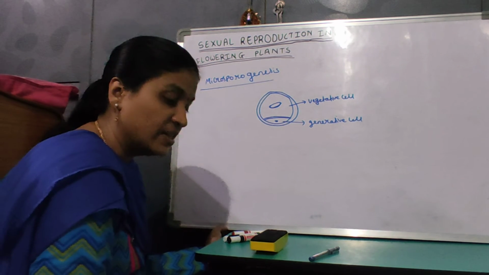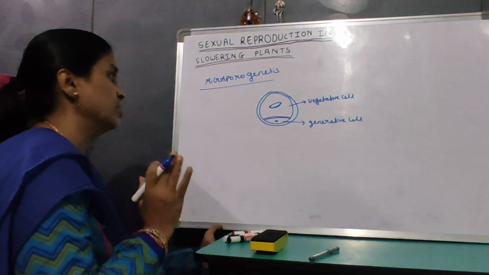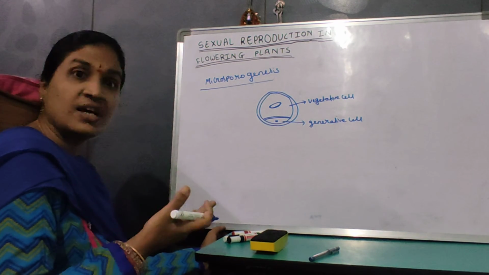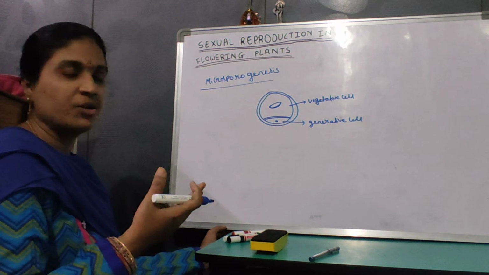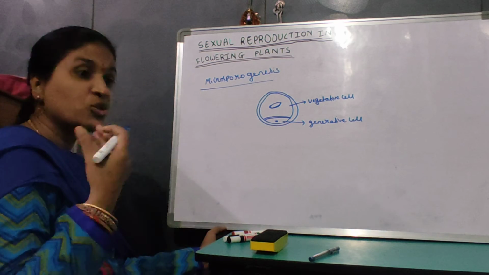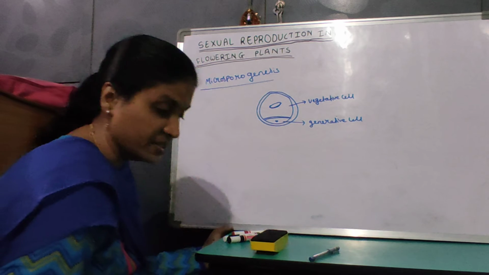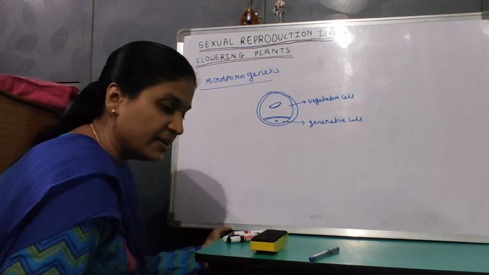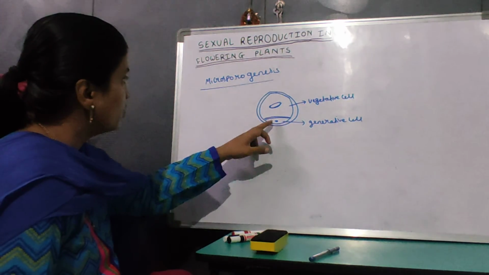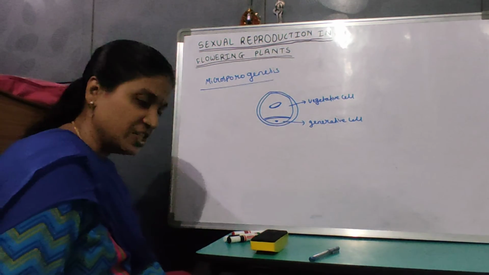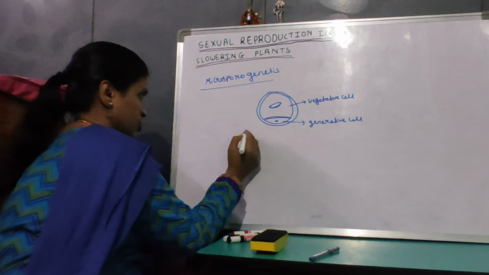Okay. So the vegetative cell is bigger and it has abundant food reserve because these can be fossilized also, and they are going to survive in high temperatures, and they can withstand extreme conditions also. So how are they surviving? Because this vegetative cell has abundant food reserves, and then the generative cell is small, and this generative cell is going to float in the cytoplasm of the vegetative cell. And in 60% of the angiosperms,